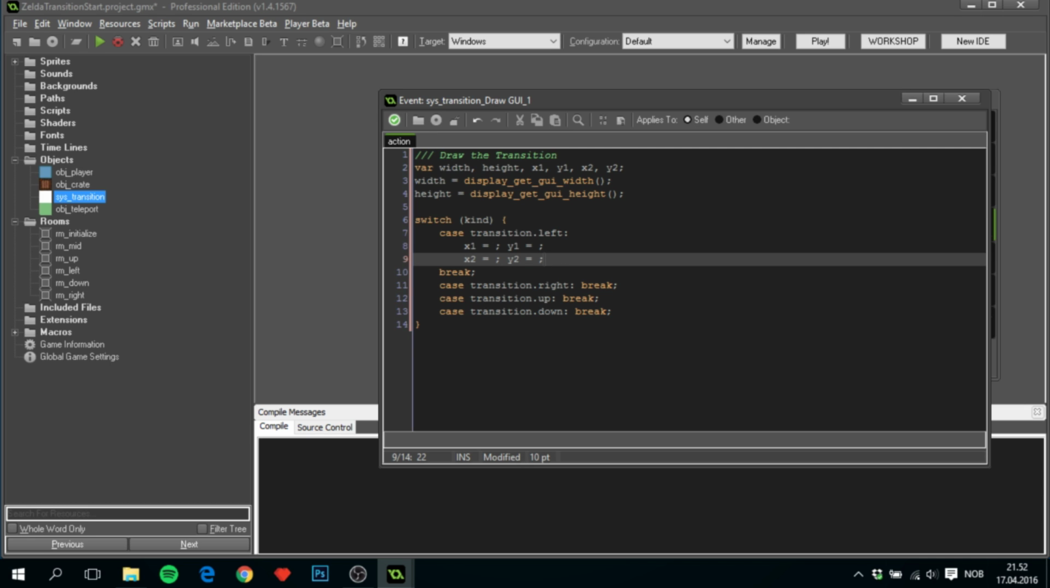So if it's 1 times width, then it will be right outside of the view limits. If it's 0 times width, then it will be exactly in the center of view. Now, we will use this to our advantage to draw it to the screen. So for example, for this one,